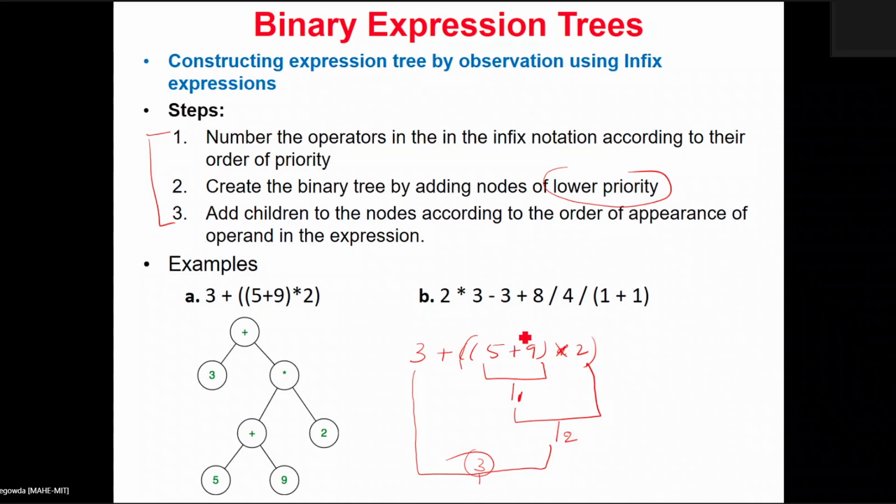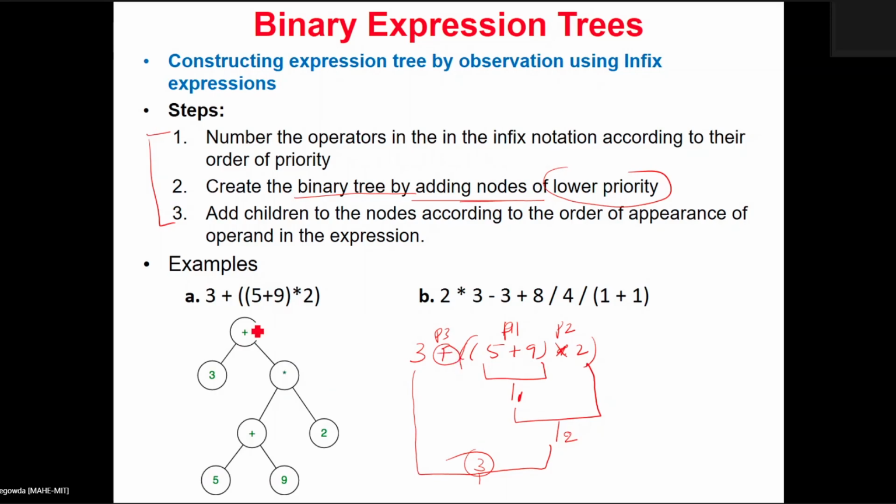The addition of 5 plus 9 has the highest priority. Priority 1 is given to this, priority 2 to this, and priority 3 to this. Now create the binary tree by adding the nodes of lower priority first. Which is the operator having the lowest priority? That is nothing but the plus.